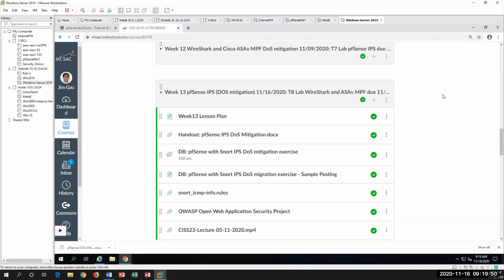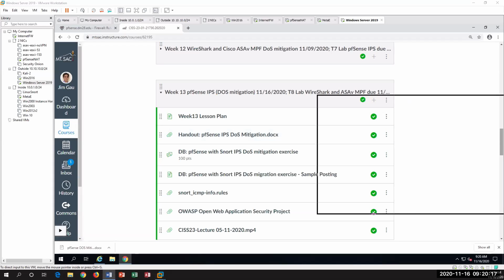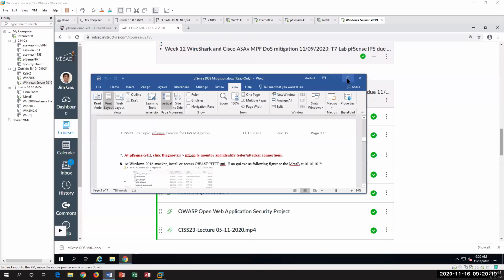In this video, we are going to record the exercises for using pfSense to mitigate the same DoS attack and compare that with the ASA mitigations. You're going to download the document here from Canvas, the pfSense IPS DoS mitigation document, and once we download it, you can open it up